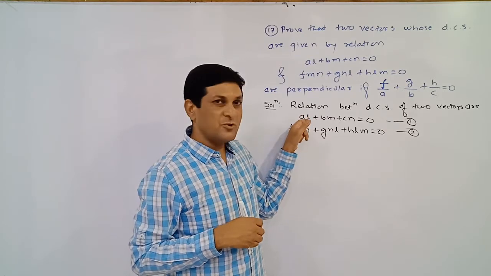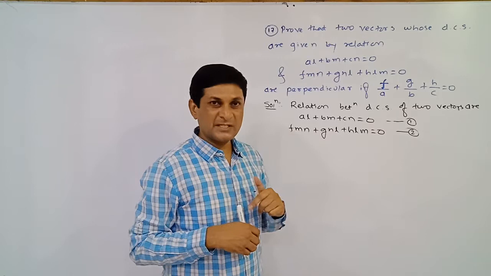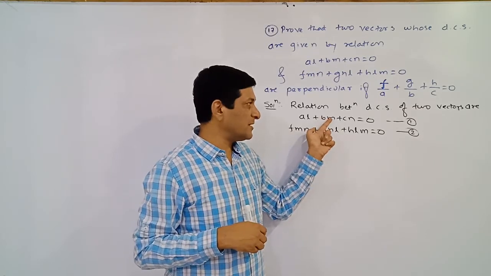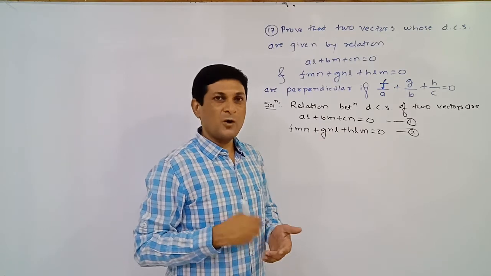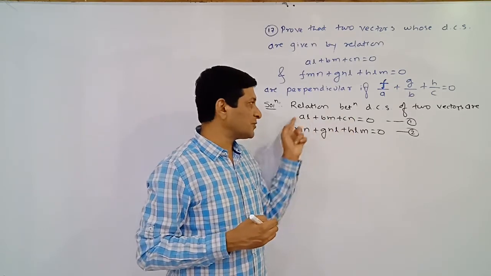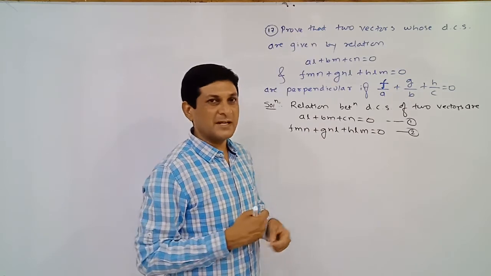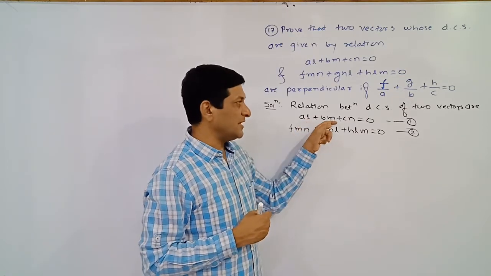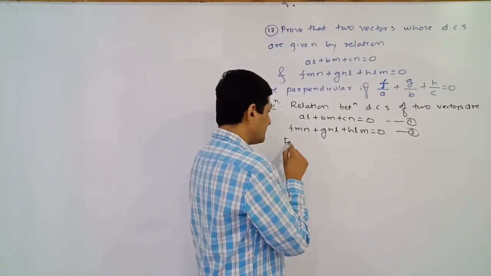Either find the value of L in terms of M and N and substitute in equation number second, or find the value of M in terms of L and N and substitute in equation second, or find the value of N in terms of L and M and substitute in equation number second. So as it stands, here we are finding the value of L in terms of M and N. So from equation number first,